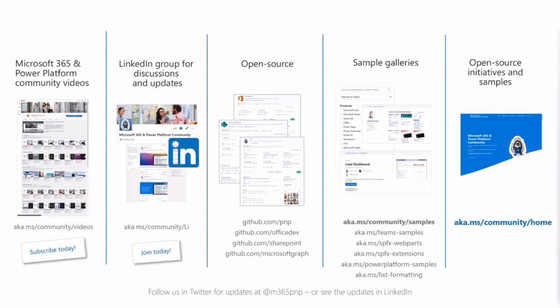We have our community discussion board on LinkedIn. We also have a lot of open source assets available in multiple GitHub organizations, but as it might be difficult to find the relevant sample for you, we also have sample galleries. These are basically abstractions and search UXs for finding the relevant sample to get started. So rather than starting from scratch, have a look at what the community or Microsoft has already created, and use that as inspiration for your particular scenario. There are a lot of URLs to remember, but luckily there's only one: aka.ms/community/home. It's a really easy URL to remember.